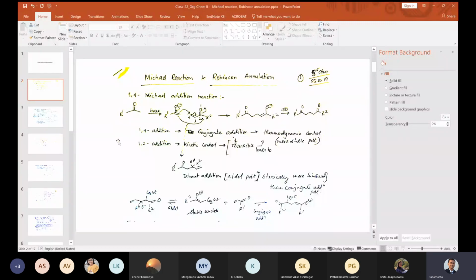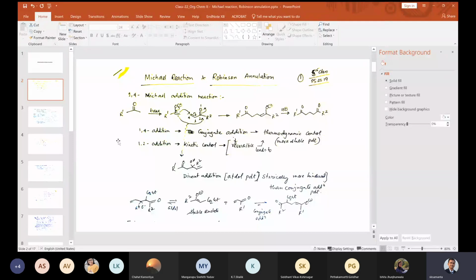So if the nucleophile is hard, then hard combination will happen, so you get 1,2 addition product. But if your nucleophile is soft, then you get soft combination. In that case, 1,4 addition will take place. Now, what makes the nucleophile soft? When it is, let's say, conjugated, not a point charge. In those kinds of cases, the nucleophile will become soft. Or if it is radical like.